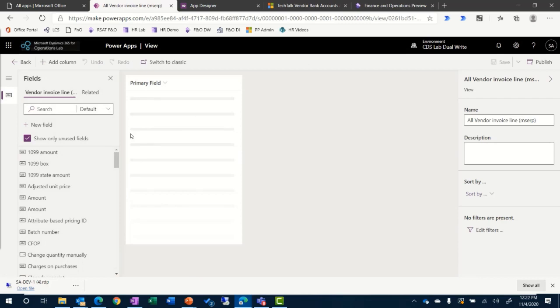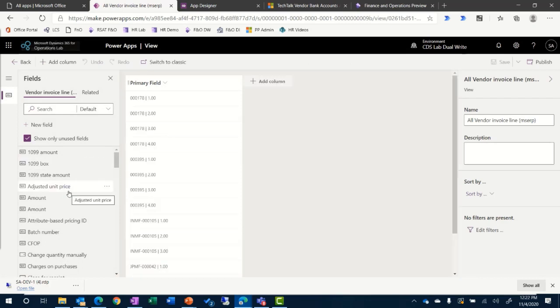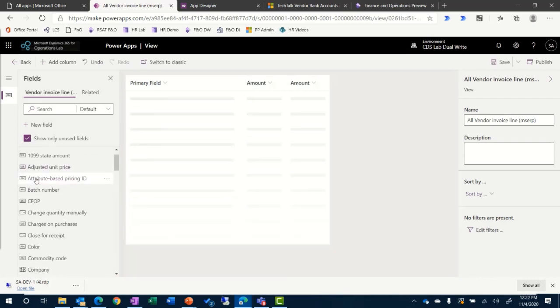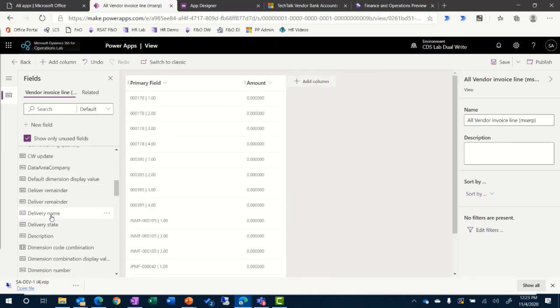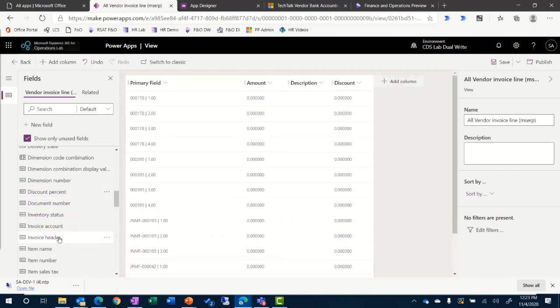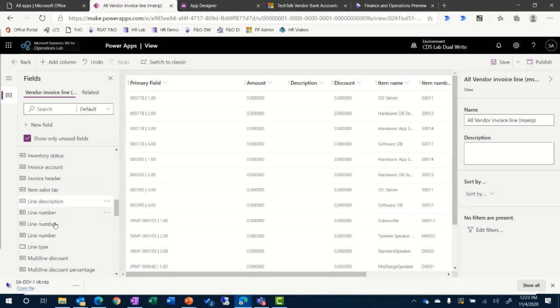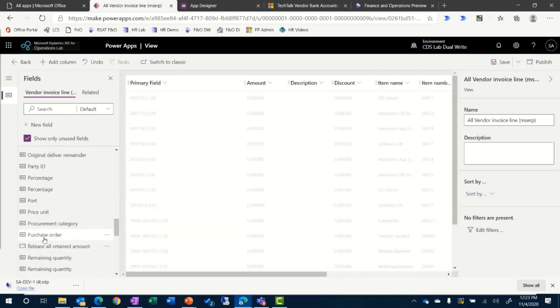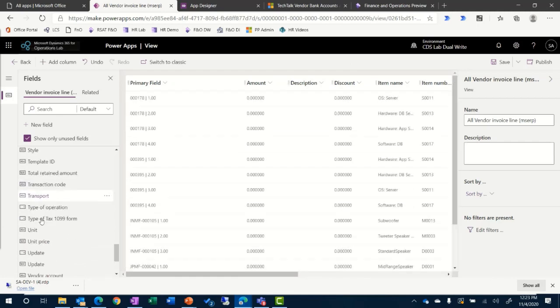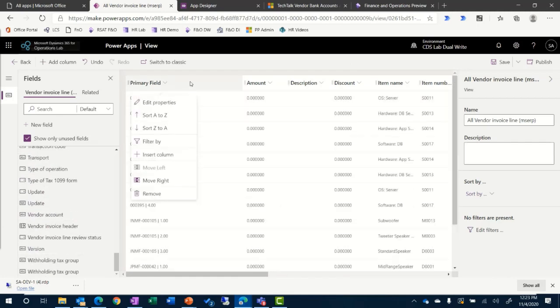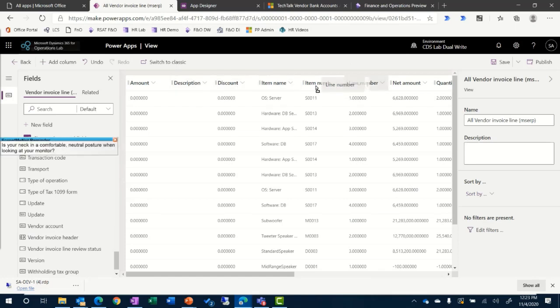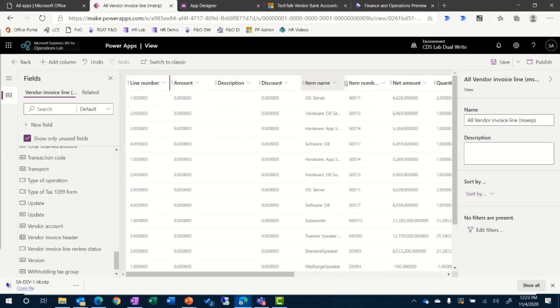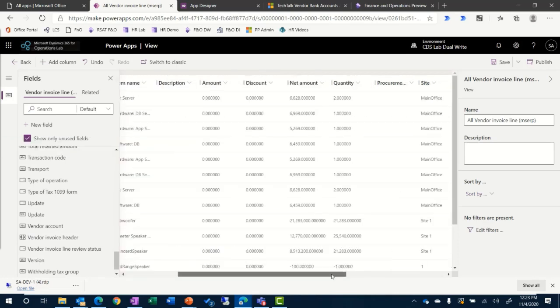So I'm going to make a view. So that primary field here, again, not super useful. I want to put in the fields that I want. And if I want to remove one, I just click on it and select remove. I add in all the different columns I want and rearrange the columns to look nice. So I'm just clicking on a bunch of different columns here, removing the stuff I don't want, and then I sequence the columns so that it looks nice.